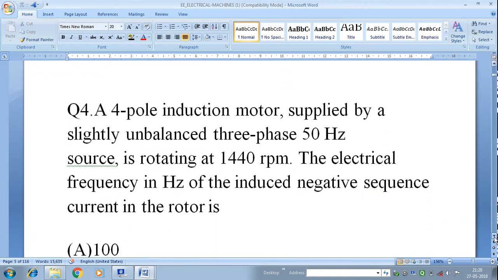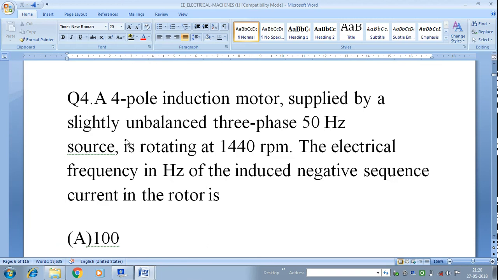So a 4-pole induction motor supplied by a slightly unbalanced 3-phase 50 Hz source is rotating at 1440 rpm. What is the electrical frequency in hertz of the induced negative sequence current in the rotor? It means, so let us assume that how the